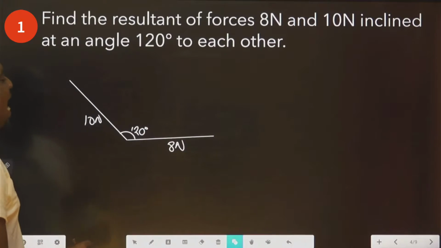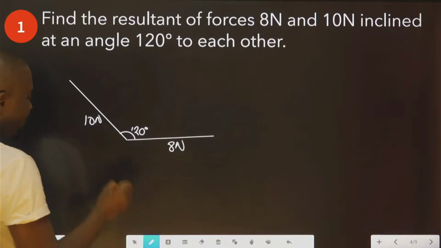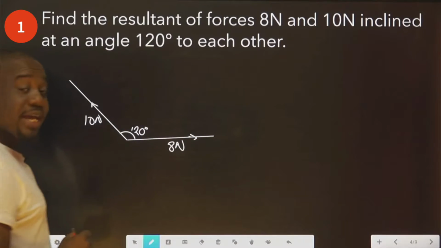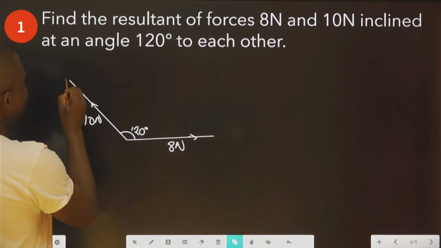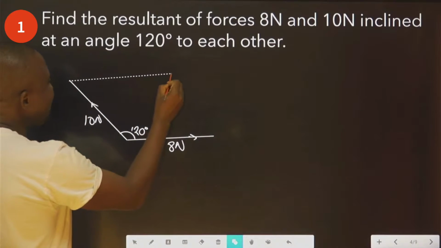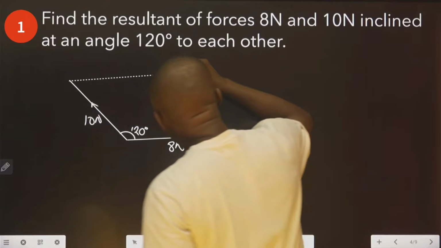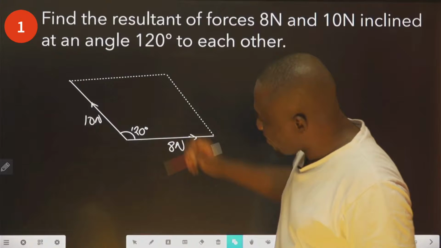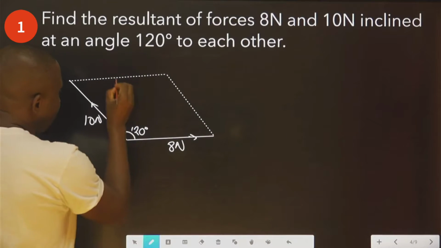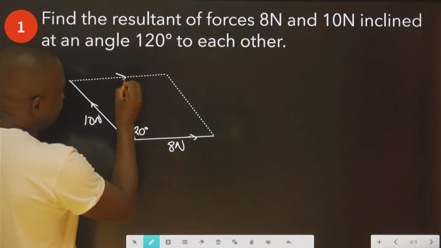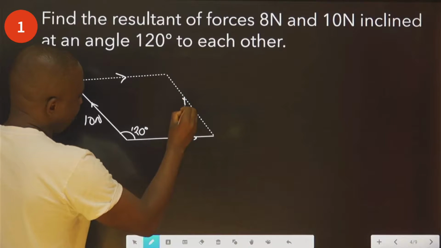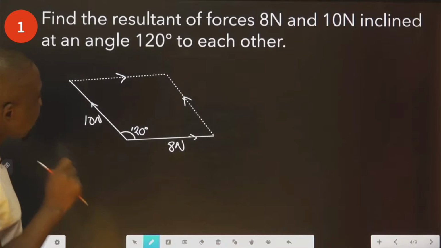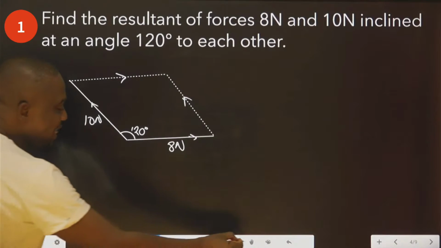is to draw lines that are parallel to this. Remember, first of all, these are vector quantities. So we draw lines that are parallel. This line is parallel. Another line is parallel. That is, this is parallel to this is parallel to this. These are just rough hand draw, okay? They are not to perfection. Now that we have done this, the next thing we need to do is to connect this